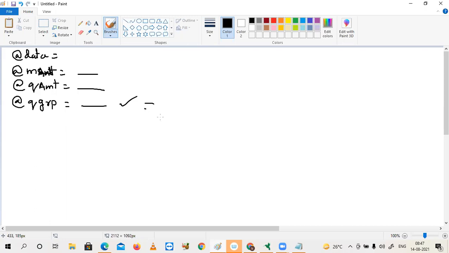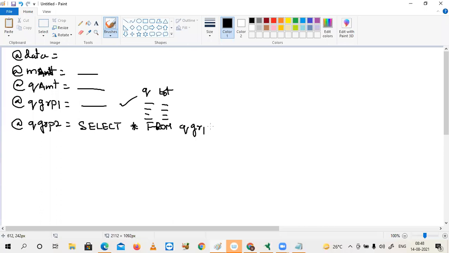Within this, 4 rows are available to you as quarter and total. I am taking a copy of, let's treat it as number 1, I am taking its copy. Q GRP2 equal to select star from Q GRP1. After completion of this explanation, the entire code I will show you from beginning to ending.